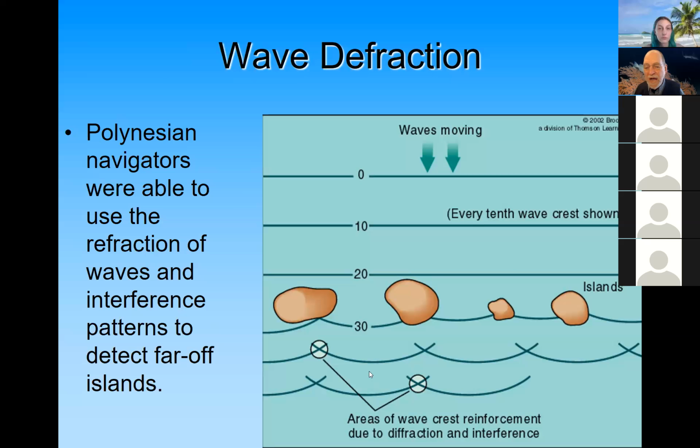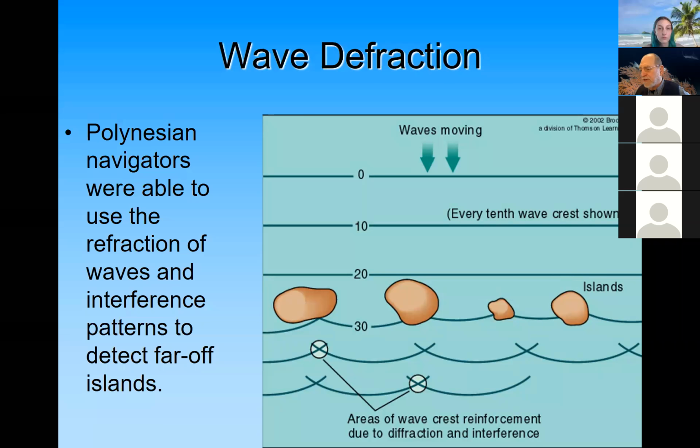And they could then surmise that somewhere, if they were sailing from left to right, somewhere towards the top of the page, there must be some barrier which is causing this alteration of the wave state. And so that would tell them, okay, well, we got to make a left turn here, got to turn towards the top if we want to find the island, and then they would sail. They would be able to use that observation to set a course for an island or an island chain. And that's one of many observations that Polynesian navigators were able to utilize in their amazing feats of open ocean transfer. Okay,